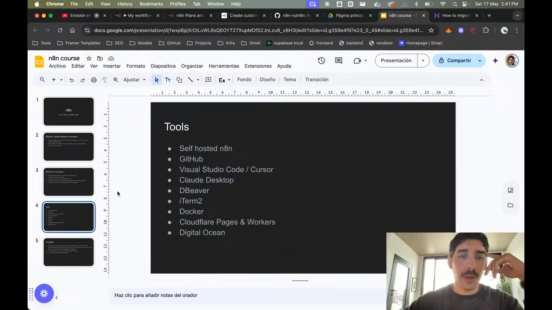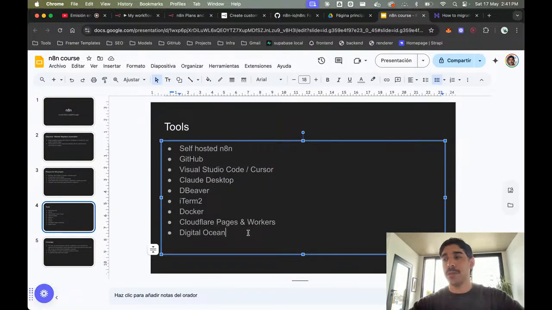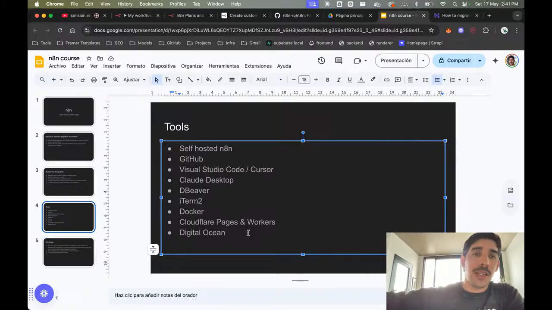So we'll see. The idea will be to use the following tools. This is going to be, I guess, for all types of people. I don't know if you are experienced or not, you could find this helpful. I'm just trying to do it and share the information that I can find, learn about it in real time, and also share the way that I work.